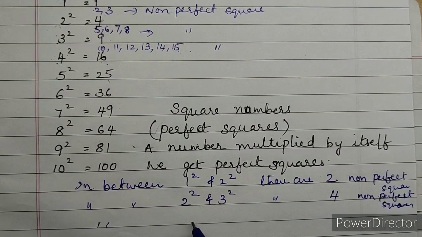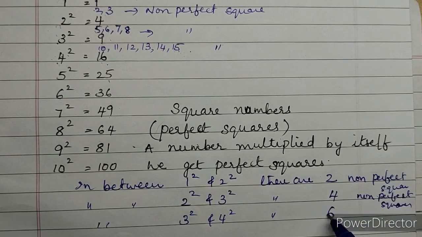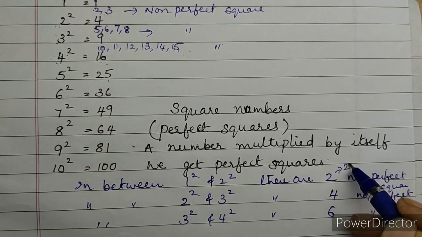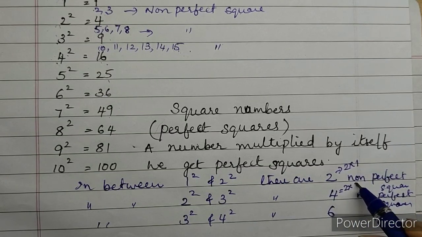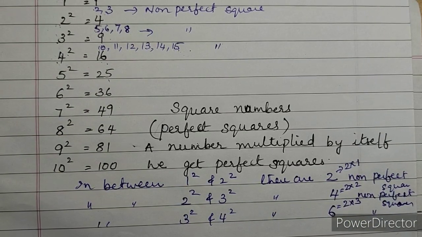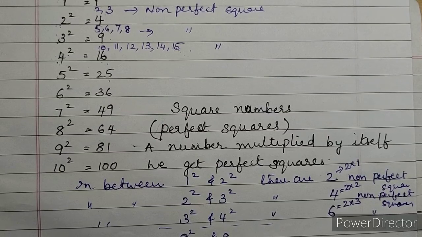In between 3 square and 4 square, there are 6 non-perfect squares. This 2 you can write as 2 into 1, this 4 as 2 into 2, and 6 as 2 into 3. Like that, in between 8 square and 9 square,